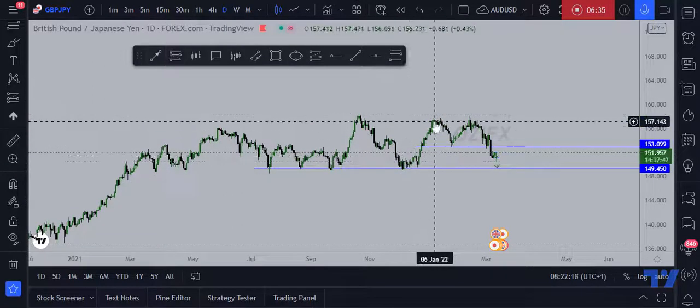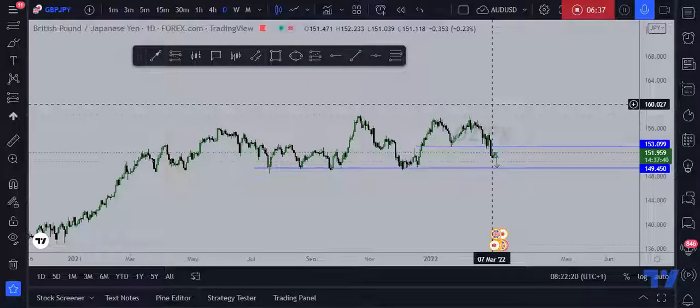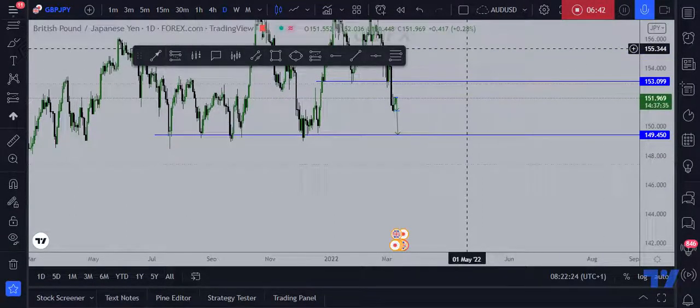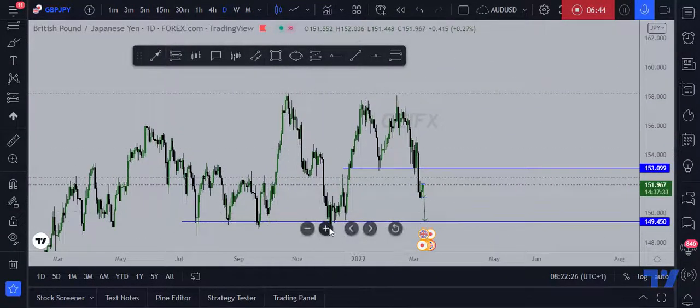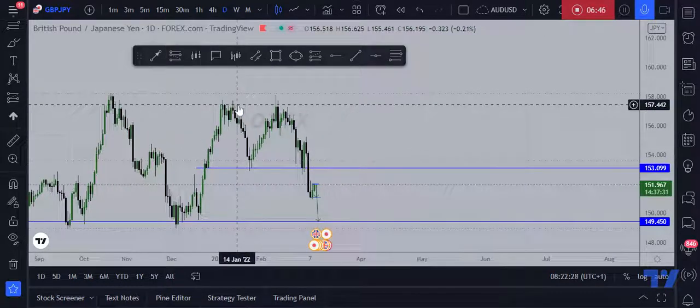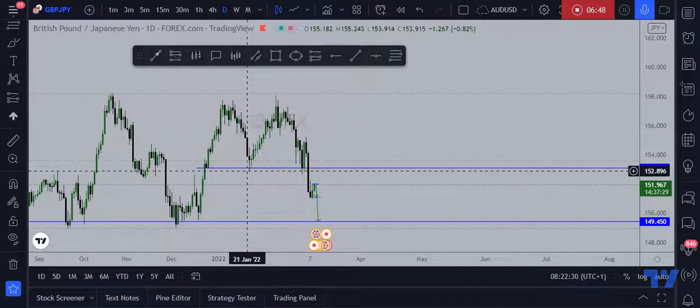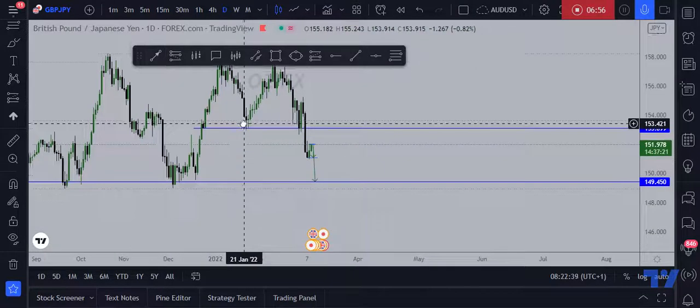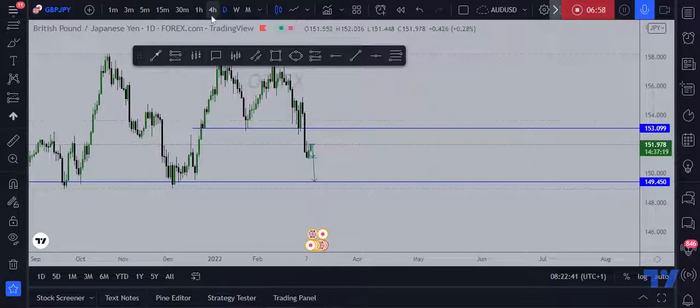and this failed to create a high. And in the inner structure here, this created a double top, and it has broken below this low here. So we're expecting the market to either pull back into some of these areas or from where